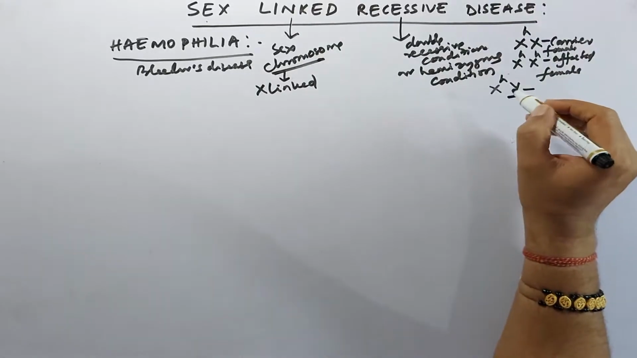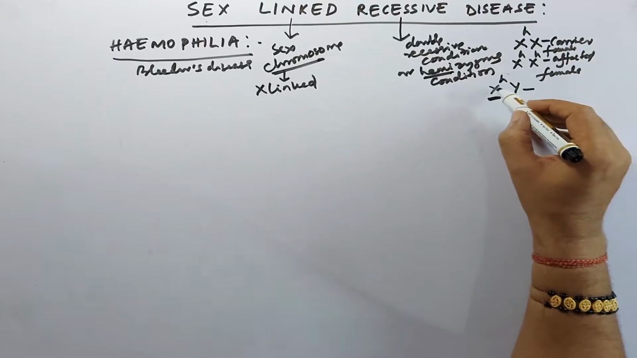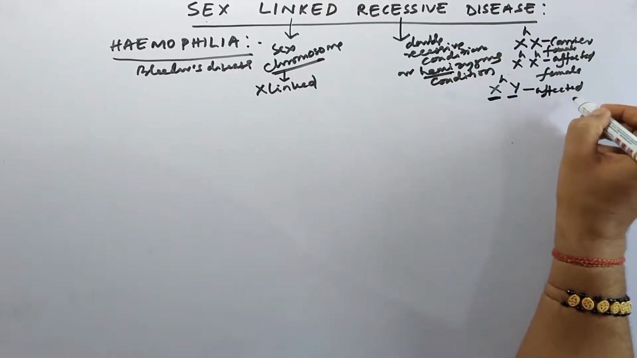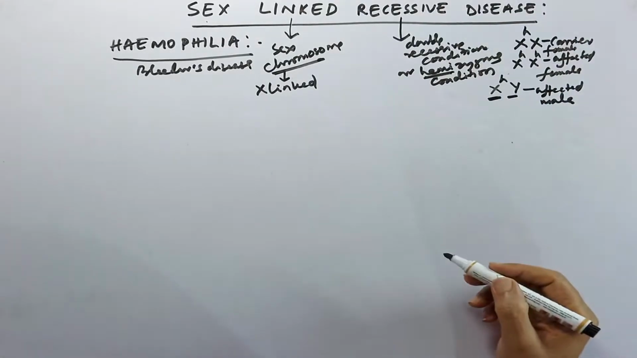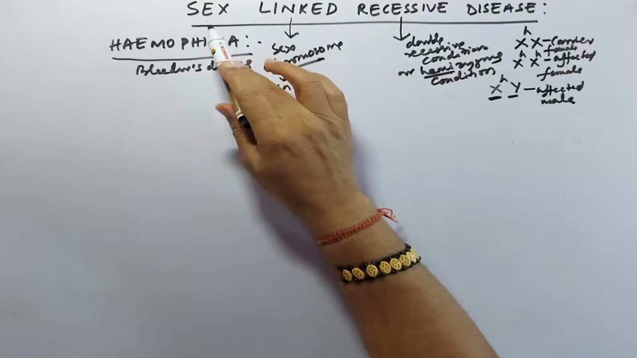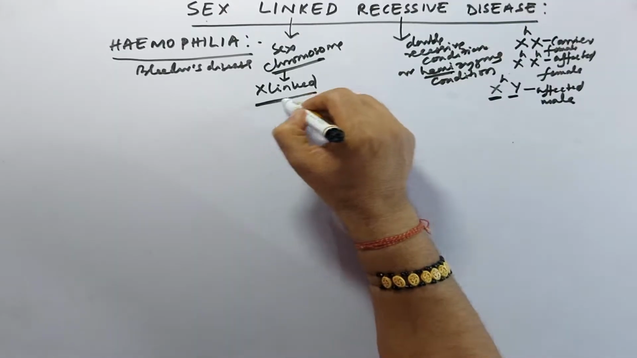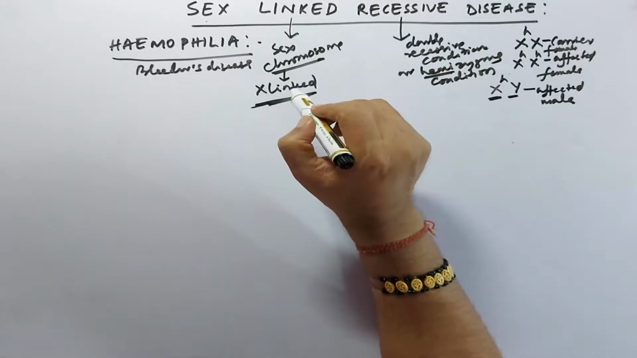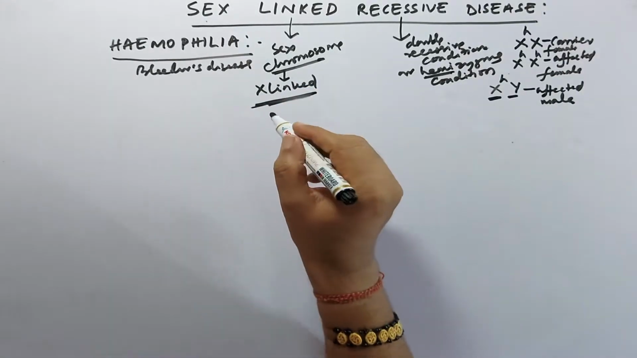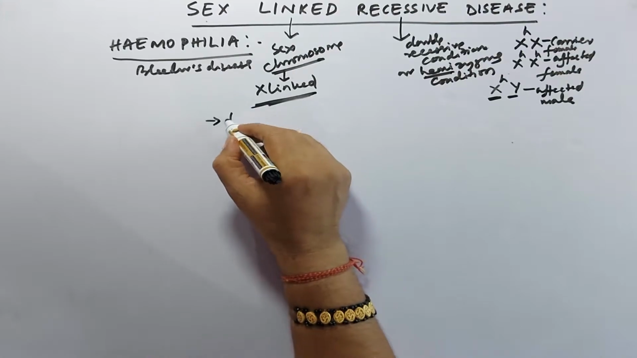Hemi means half. So it depends only on the X chromosome, and the allele is not present on the Y chromosome. So this is the affected male. Because of the recessiveness of this gene, and because it is linked with the X chromosome, these defective genes pass through the sex chromosome. So we can write here, transmission of this disease